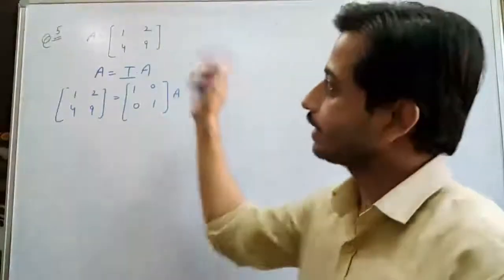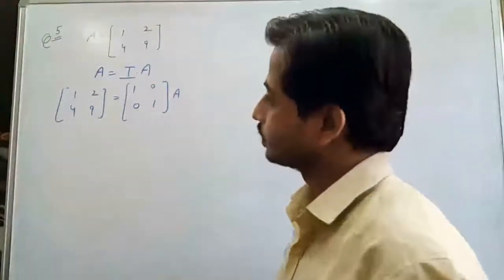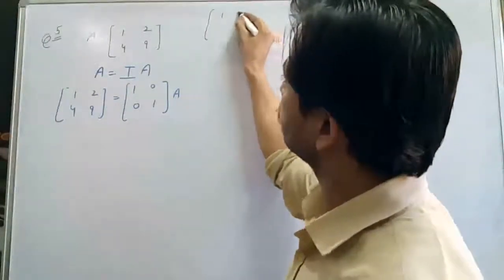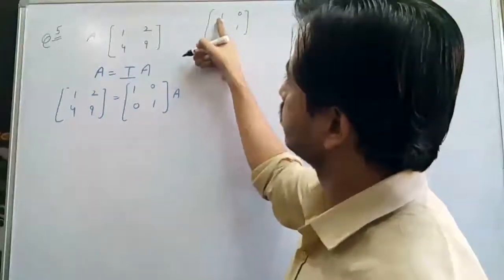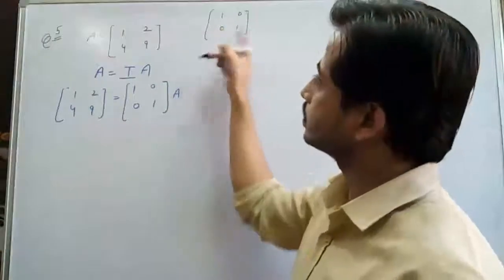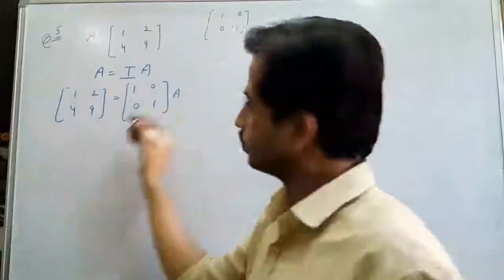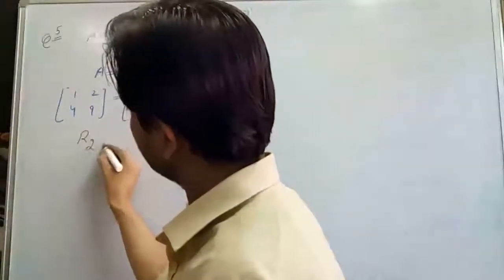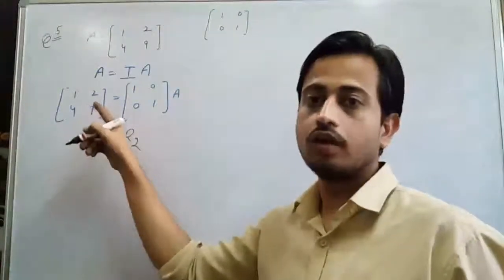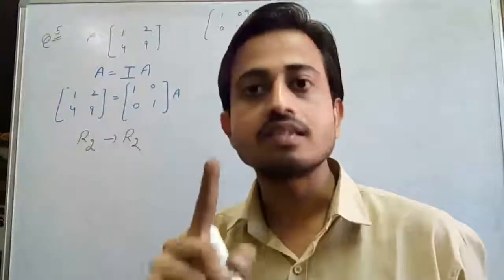Now we are going to take our next question. The question number is 5. We have to do it with the same elementary operations. Now look at what we have to make. 1 0 0 1. This 1 we already obtained. Now in our second step, we have to make this a 0. But here it is 4, so we have to apply the operation on R2. I am writing the operation on R2. We have to obtain 0 here, and 0 is obtained only when we subtract 4 minus 4.